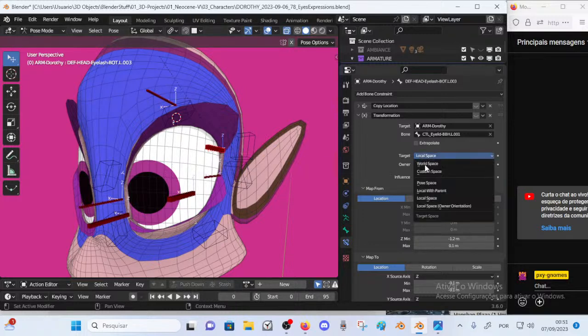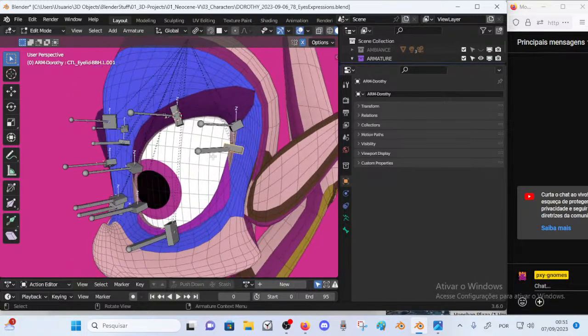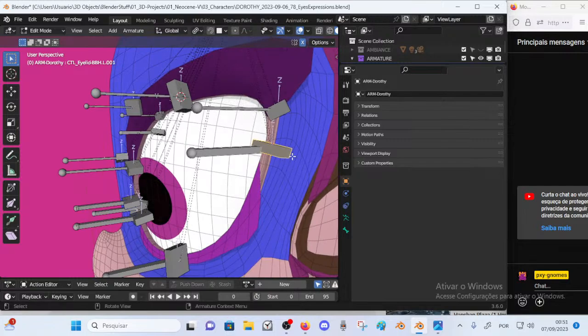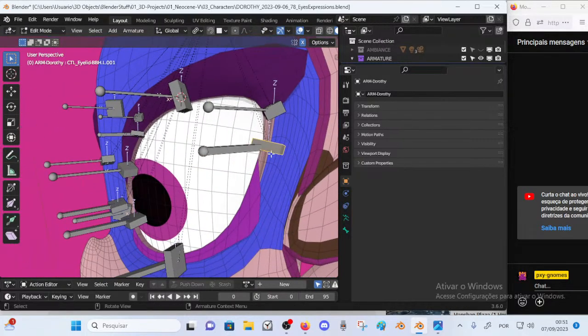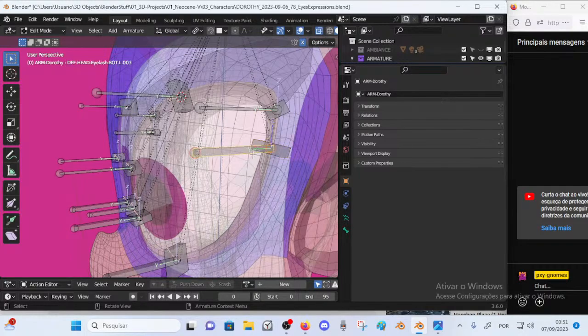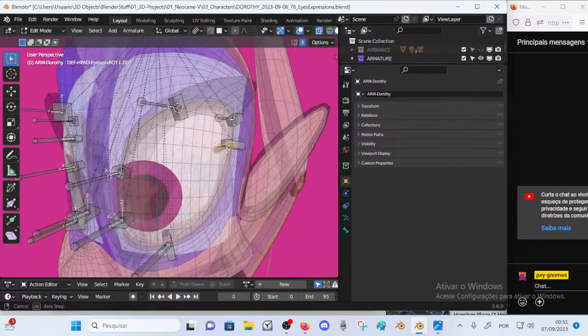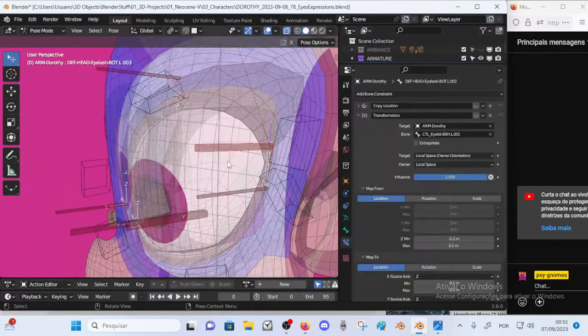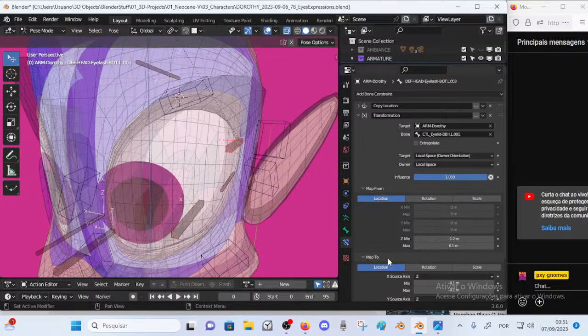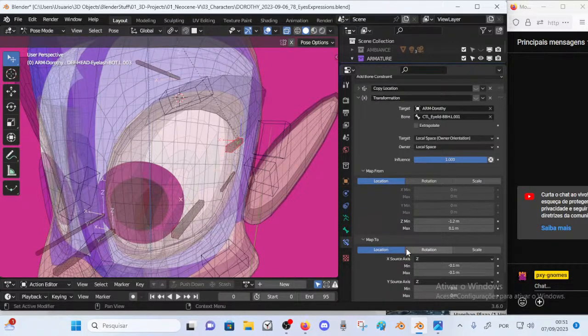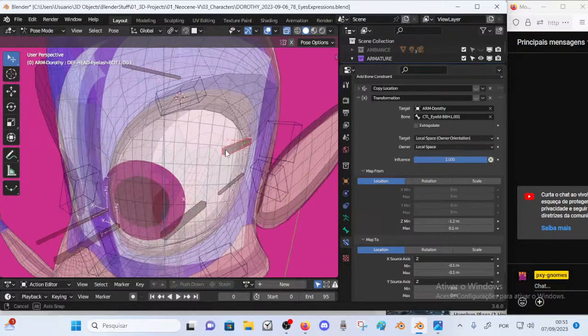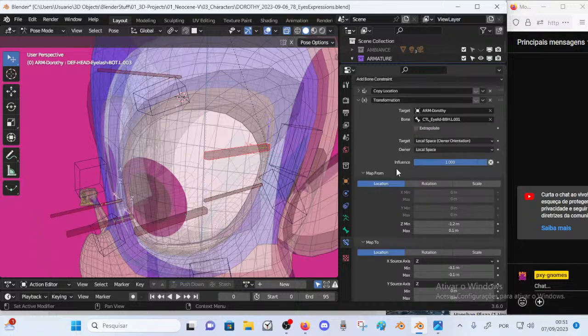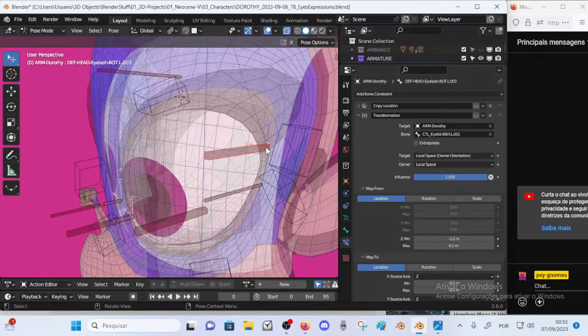Alright, here. So this means that instead of local space, it will not use this bone's local space because this orientation is tilted in some bad, unwanted direction, and we want to use these axes which are orthogonal to world space, aligned with world space, at least in regard to the z-axis. So this means that this bone will map to the owner bone of the transformation bone constraint. It will use its own local space, right, for the map to, and as a target of the bone constraint, which is this one,